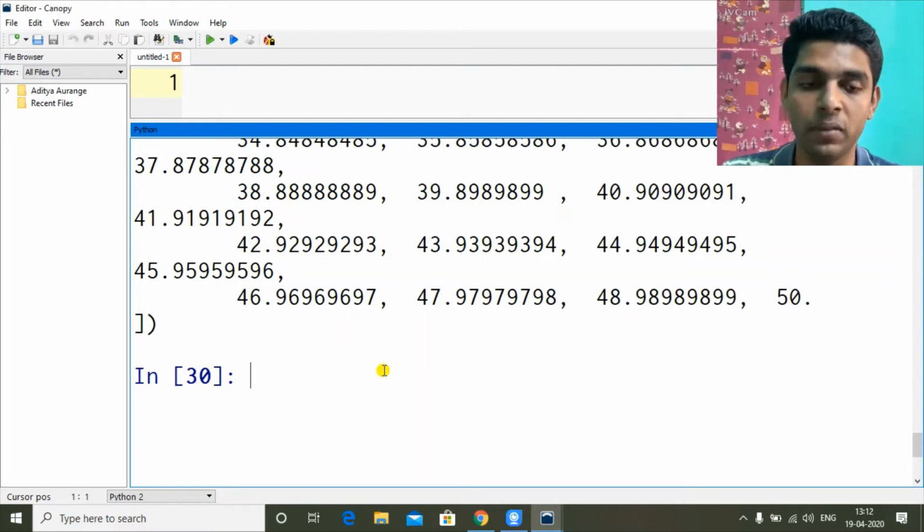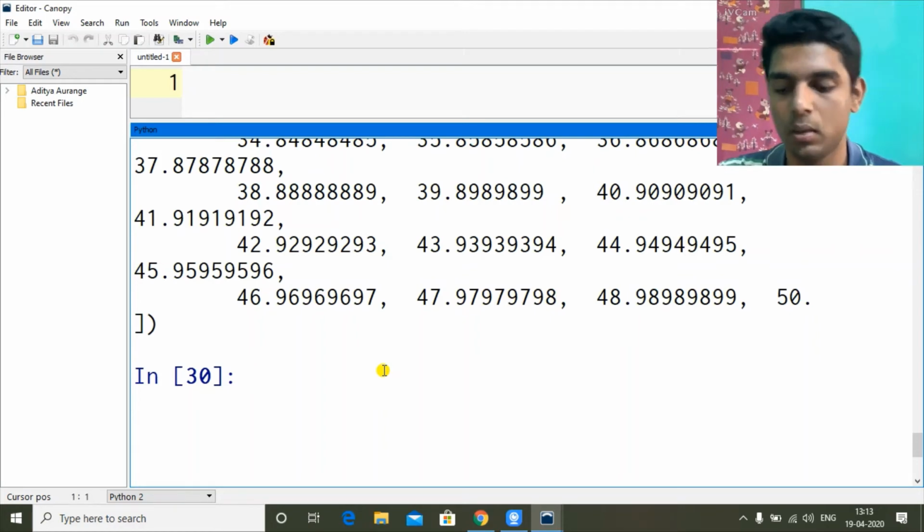There we have to specify the starting point and ending point, and instead of giving how many points we want between them, we give stepping, so how it will increase from the initial point. Let's take an example. We can use both linspace and arange to create a numpy array. So this is also one way of creating a numpy array.